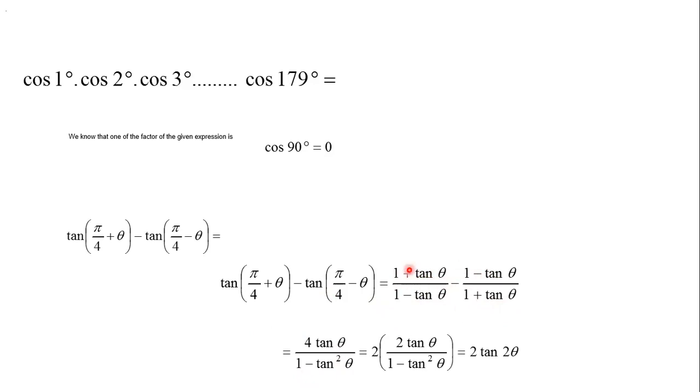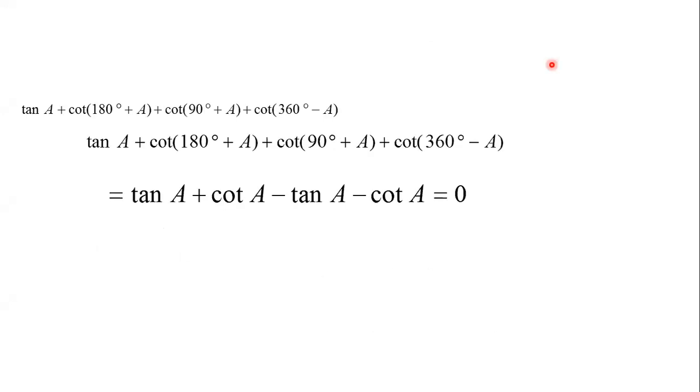If you simplify further, you can check 1 and tan square theta will get cancelled. Here 2 tan theta and plus 2 tan theta, 4 tan theta will be there. You can easily check 1 plus tan theta whole square minus 1 minus tan theta whole square will be 4 tan theta. This answer comes after cross multiplying. Now 4 tan theta you can write as 2 into 2 tan theta. So 2 I am writing outside, and 2 tan theta divided by this term as it is. But we know this is the value of what? Tan 2 theta. 2 tan theta divided by 1 minus tan square theta is the value of tan 2 theta. So the value of this term is 2 times tan 2 theta.